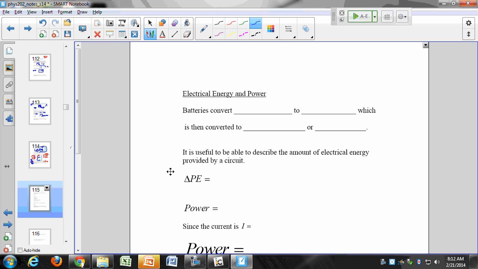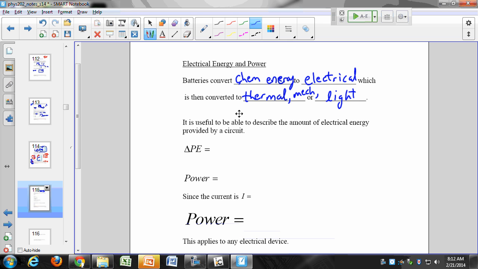All right, so batteries convert chemical energy to electrical, which is then converted, as we said before, to whatever you want: thermal energy, mechanical, or, we can convert it to light. Whatever it is that you want your electricity to do, it'll convert it back into some other usable form of energy. So because of that, it's useful just to be able to describe the amount of energy that's provided by